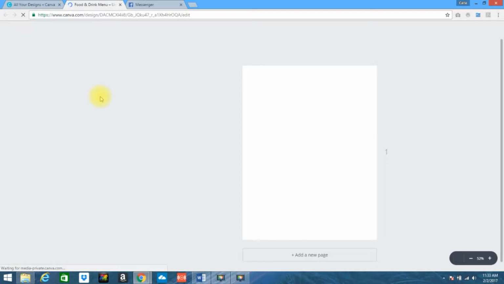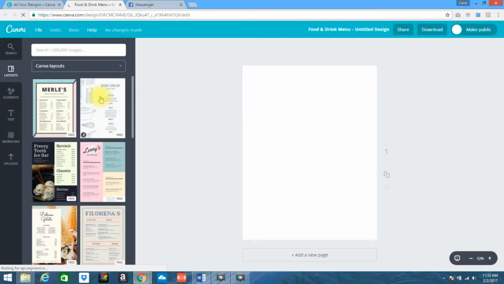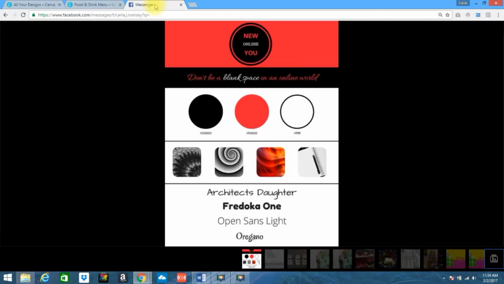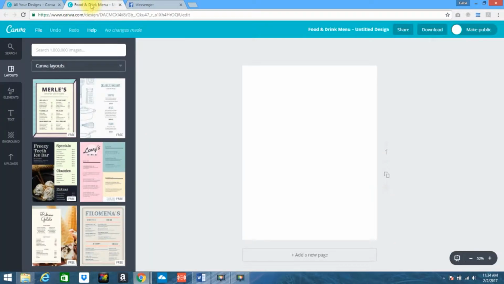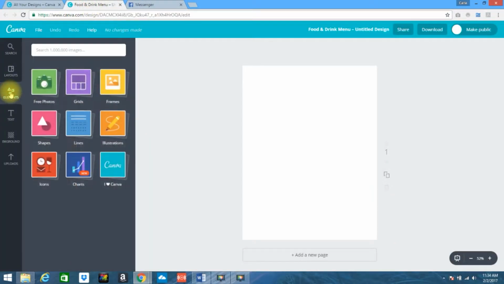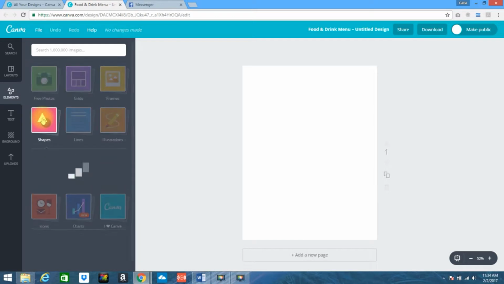So we're going to pull this up. It'll take a little second to get there. Now, you'll see it has layout options over here, and this will be a blank white page. We are going to keep it blank white because we are going to be creating this on our own. So if we go to Elements, and if you go into Shapes,